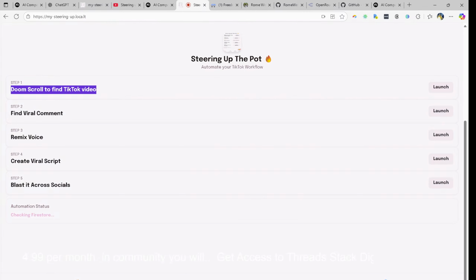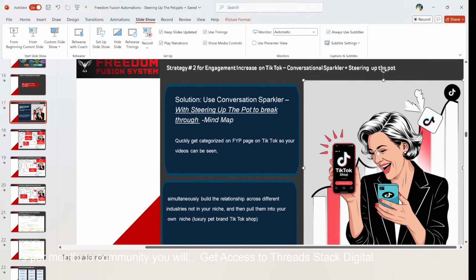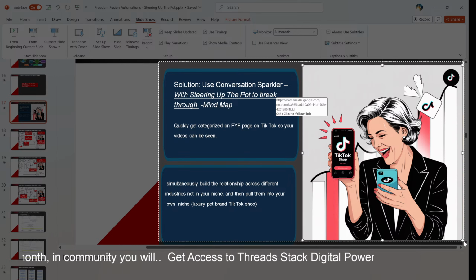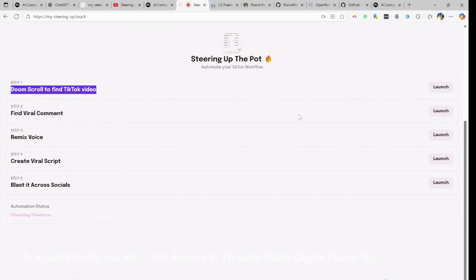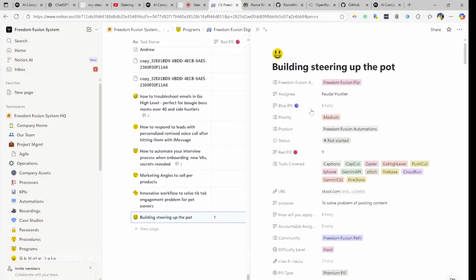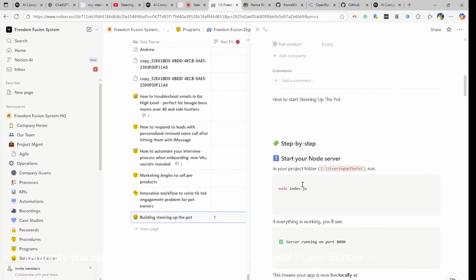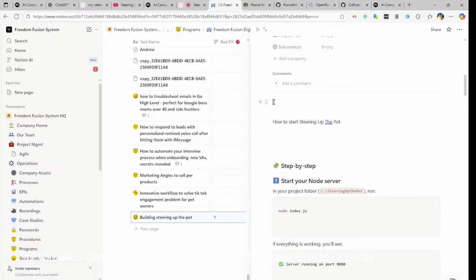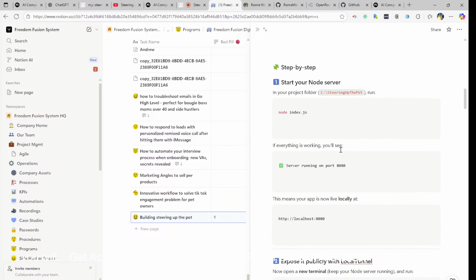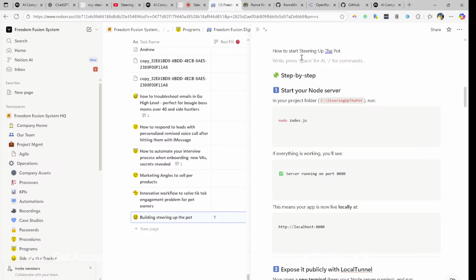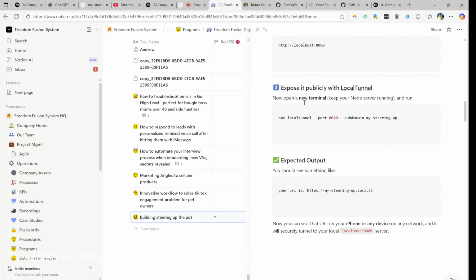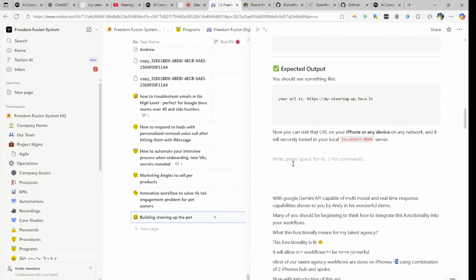The only thing that we're gonna do, we're gonna take this and do this, stirring up the pot, Freedom Fusion automation. Step by step, how to turn it on, and then how to push it,